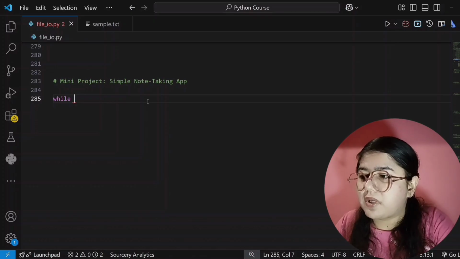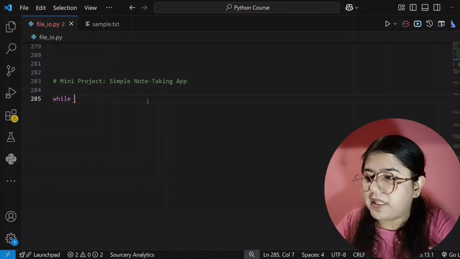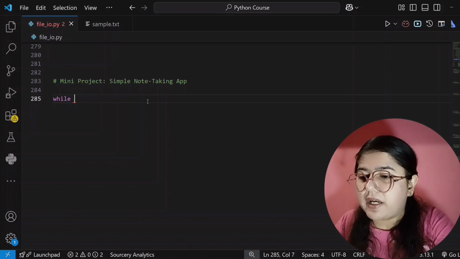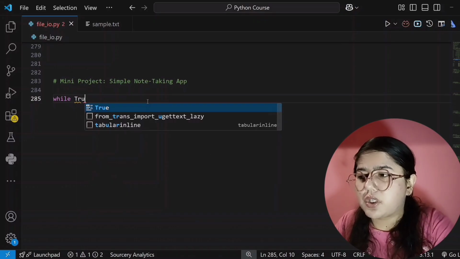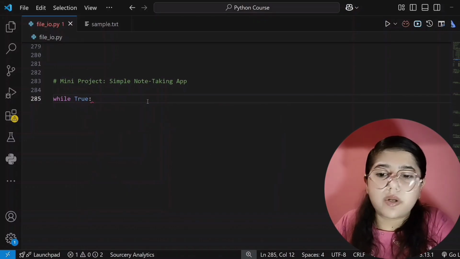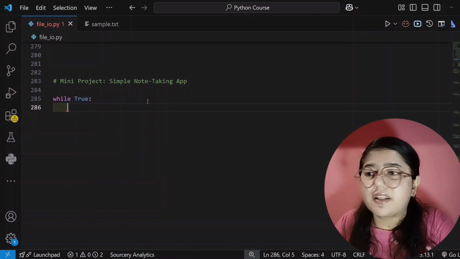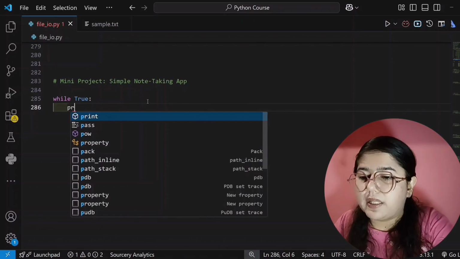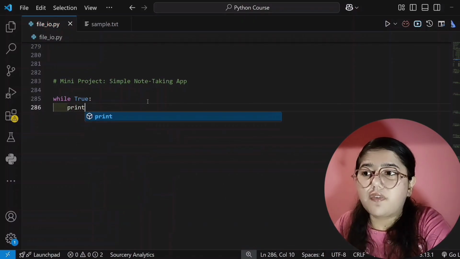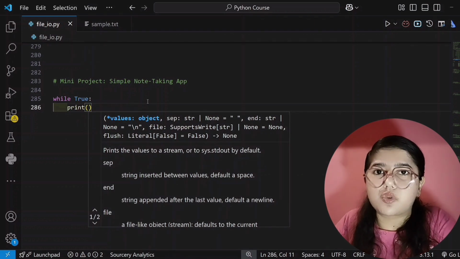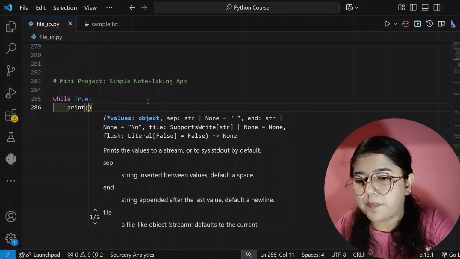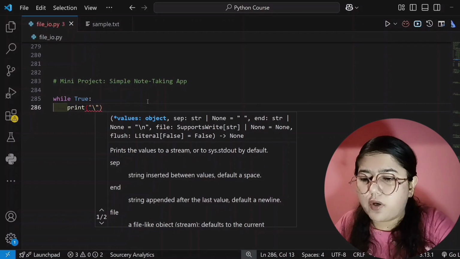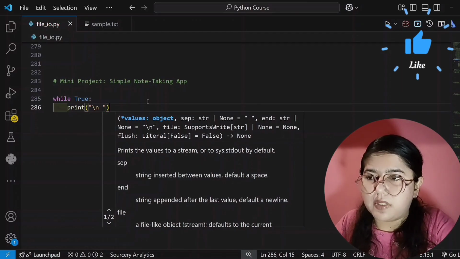Okay, so now I'm creating a while loop, and I'm writing the condition that if this condition is true, then only this part of code will run. Like this only we create loops, I have taught you in the loops tutorial. And then I'm writing here print. This part will show in the terminal to the user initially. And for the next line I'm writing slash n.